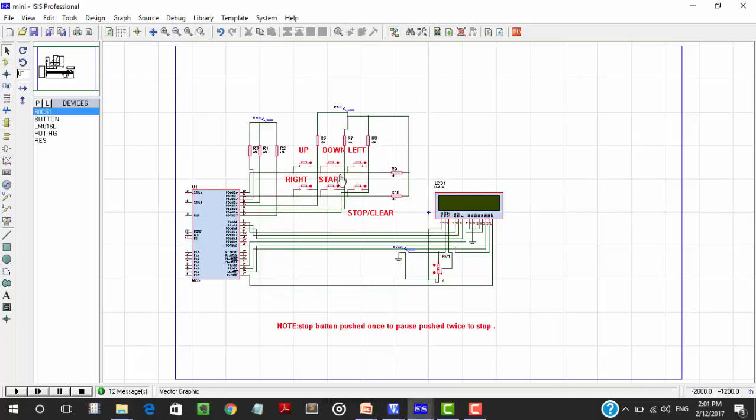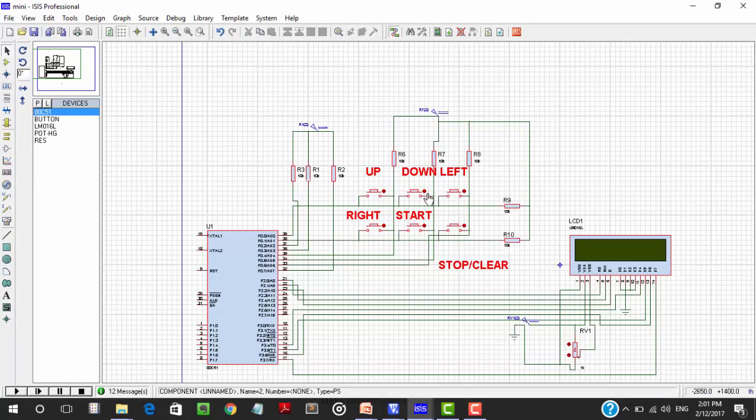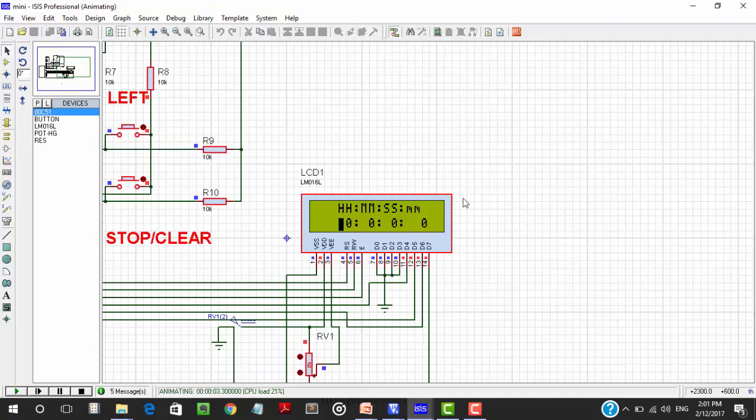Here I have interfaced a keyboard of 2 by 3 matrix, an LCD, and this is the microcontroller 8051. What I have done is I have printed hour, minute, second and millisecond on this LCD.